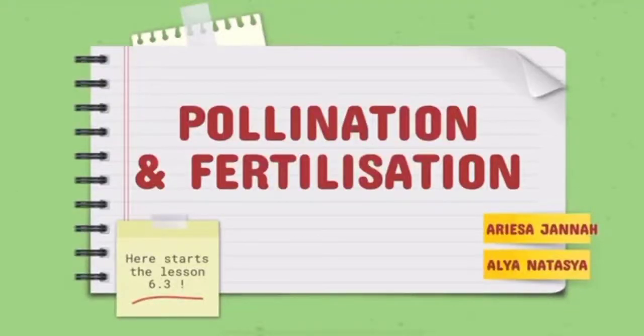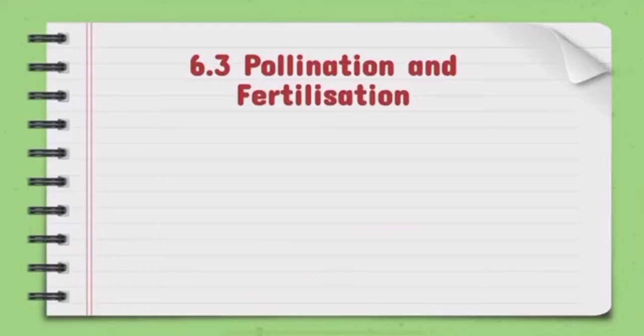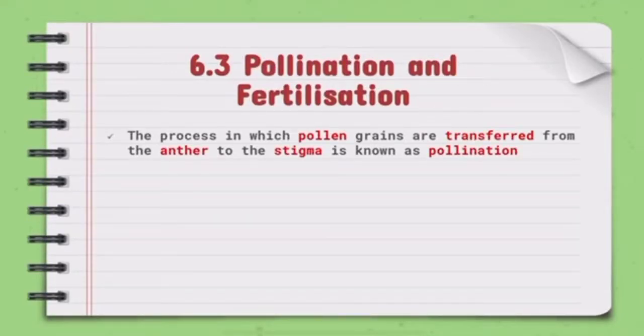Okay, so for today we are going to cover subtopic 6.3, which is pollination and fertilization. The process in which pollen grains are transferred from the anther to the stigma is known